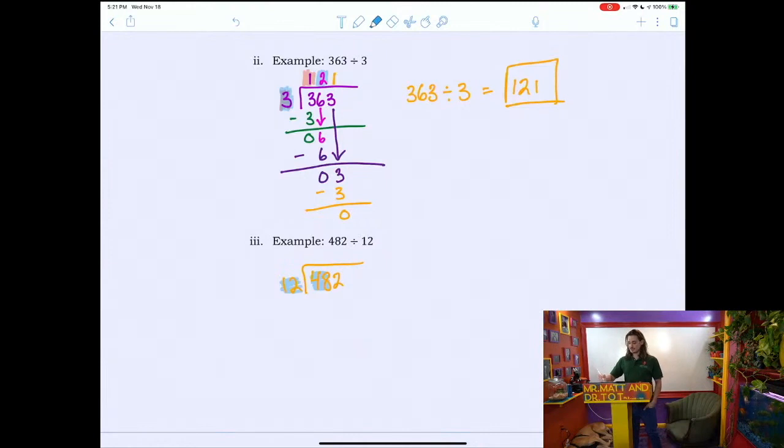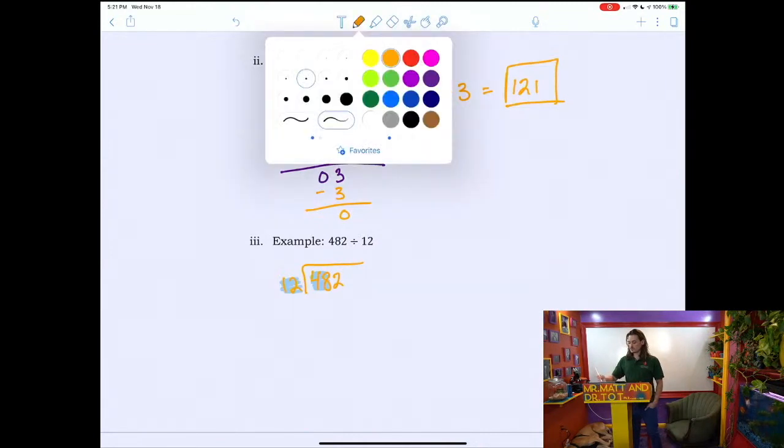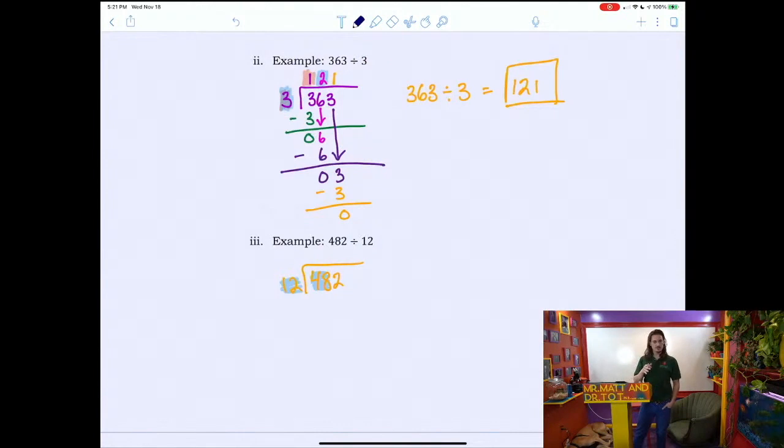48 is divisible by 12. That's not always going to be the case where the value is exactly divisible by it, and that's okay. We'll see some examples with that. But 48 divided by 12 is 4. Notice I'm not putting the 4 above the hundredths place because I had to take 2 digits into the inside value. So I need to put the 4 above the 8, not above the 4 in the value underneath the division sign. Now, multiplying through, we're going to take 4